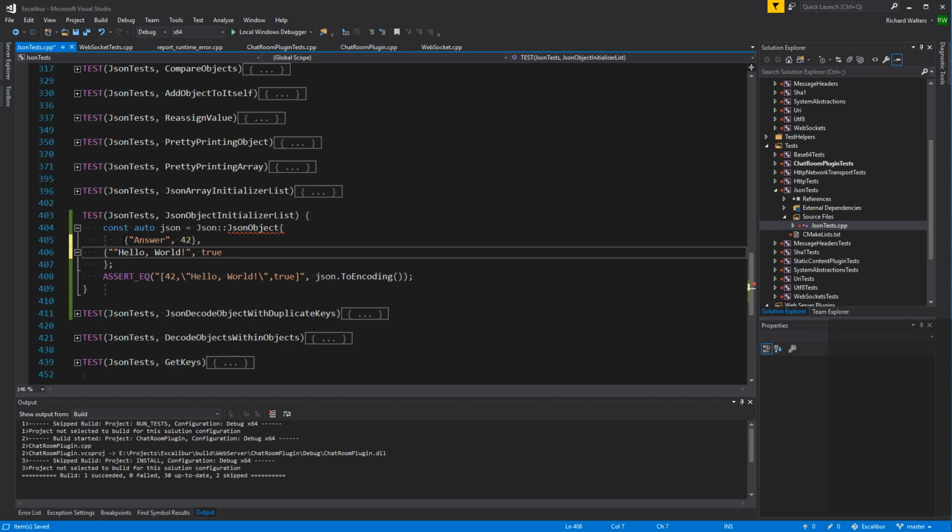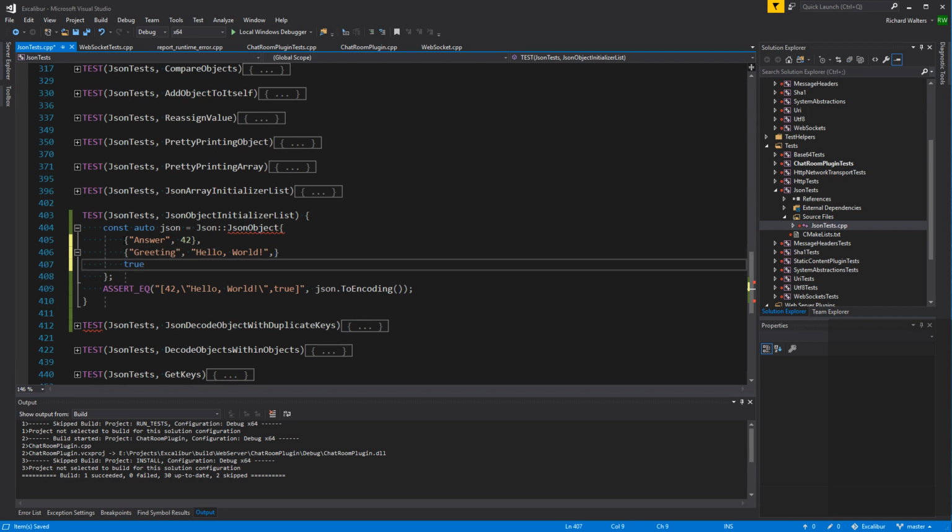The greeting is hello world. And we could even be a lot more elaborate. We can say the list is, and then an internal object, or array actually, 1, 2, 3.